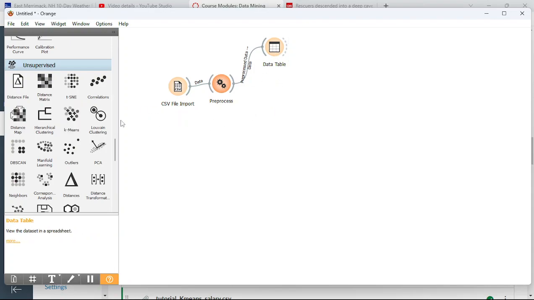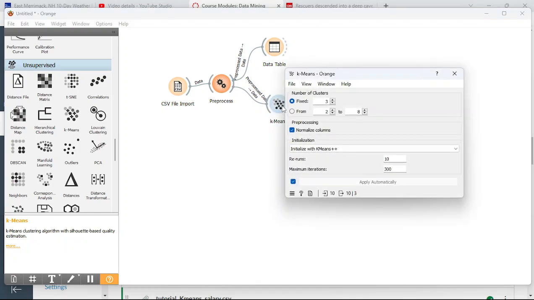You can actually send this from the data table, or oops, I always do that. Orange is a little slow, and then I double click, and then I have two of them. So you can either run it from the data table or from preprocess. I'm just going to run it from preprocess. Okay. And then click on this. Okay. Now,